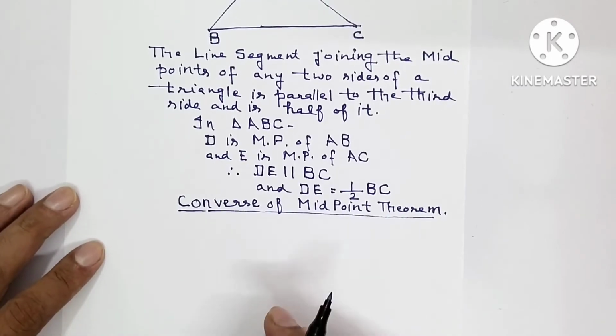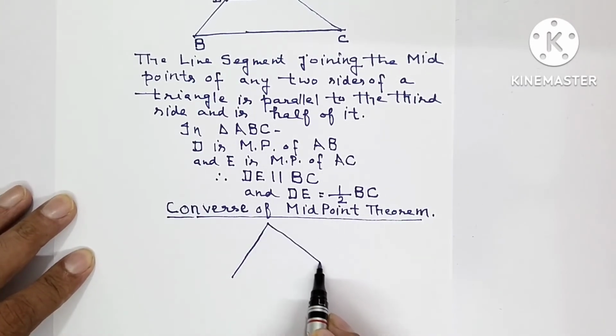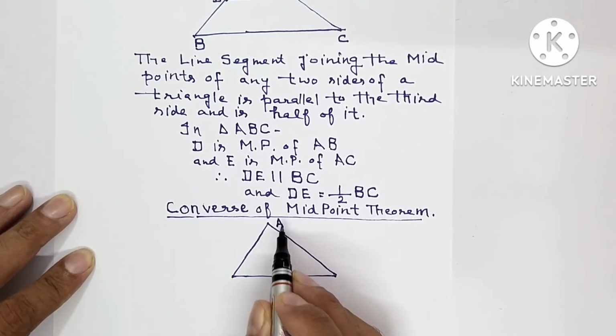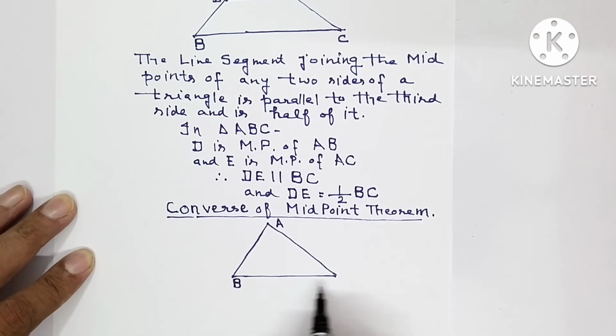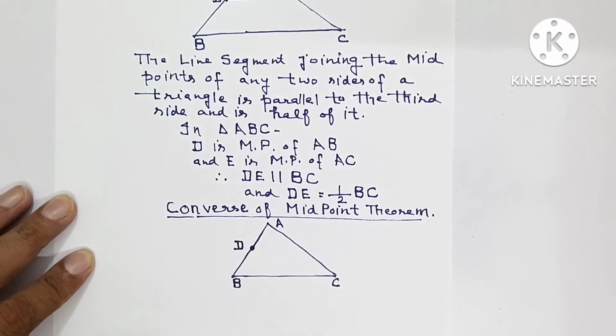So this is a triangle and this is A, B, C. Here we are given the midpoint of only one side of the triangle, that is side AB, and that midpoint is D. So a line segment which will be drawn from the midpoint of one side of a triangle